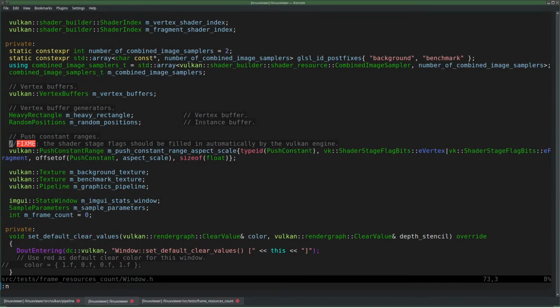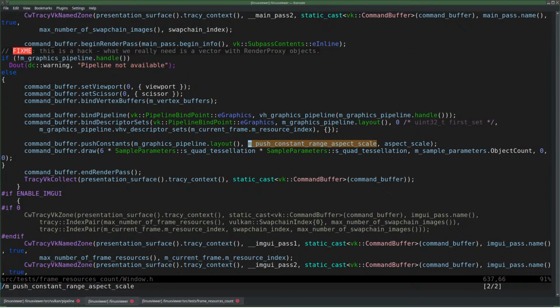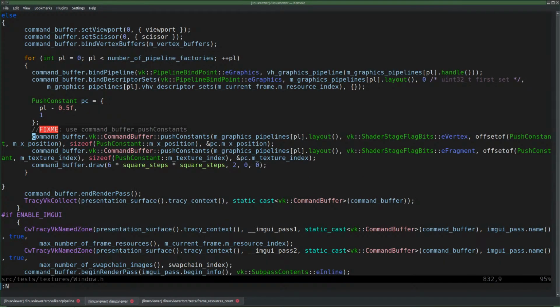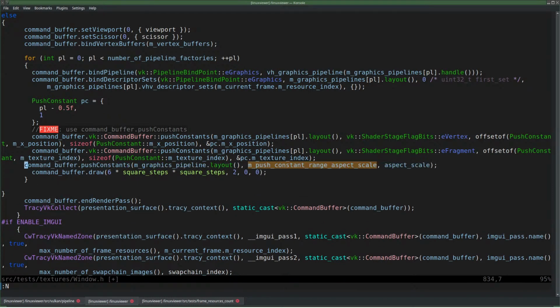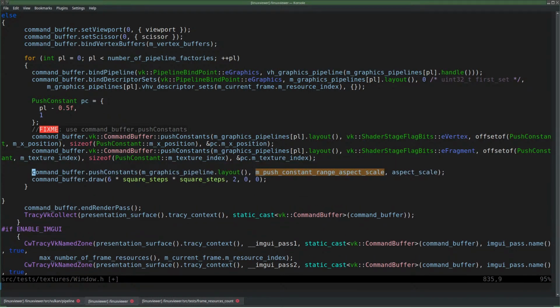So do next and then, so something like this, but pipeline layout depends on the pipeline, and this doesn't exist yet. And what I want to write is,